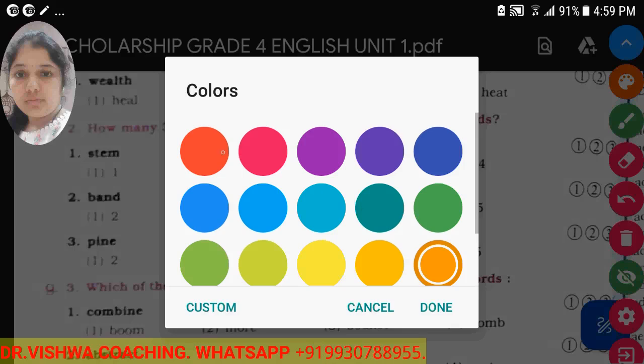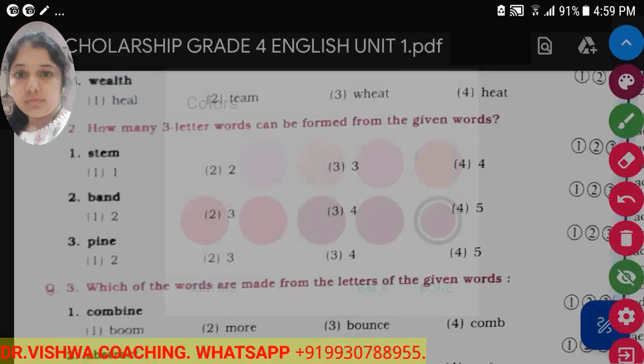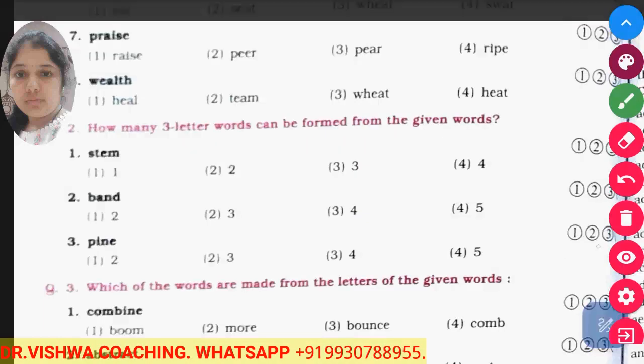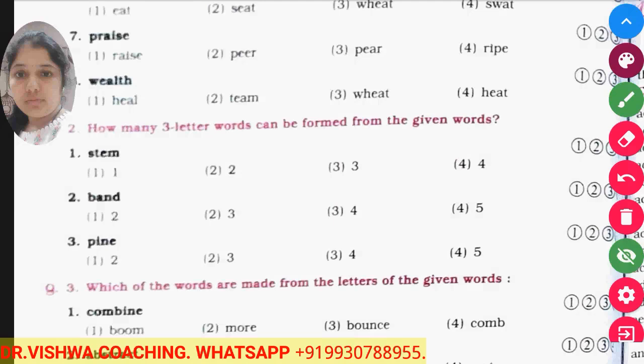Now the next question in the practice exercise is where you have to form 3-letter words from the given long word. Now see, stem is the first word given to you. We have to form the 3-letter words from it. So we can form like SET, set,